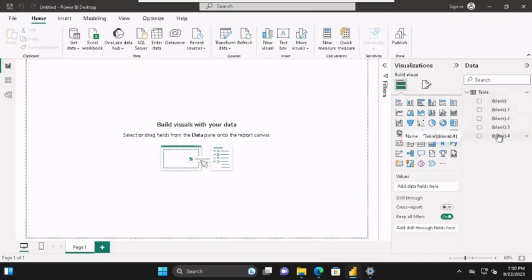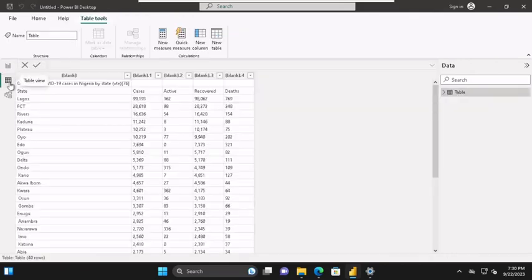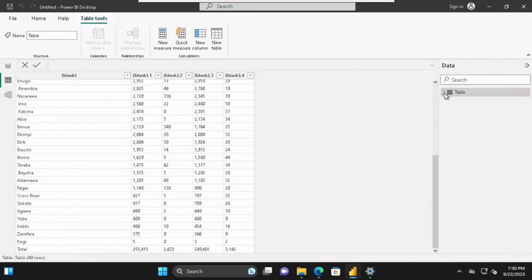There are still some things that are not in place, which takes me to table view. Basically, not just table, right? So this is the data itself. You can see this, we don't need this actually. We need to change a lot of things here, right? So that takes me to what we refer to as